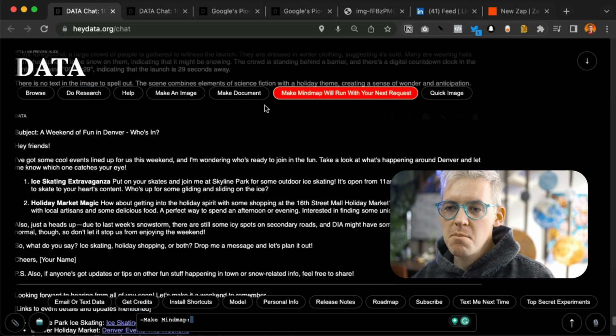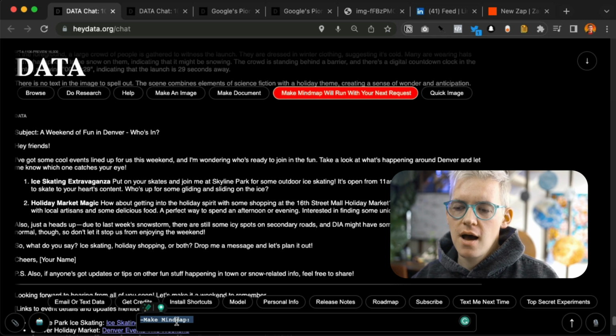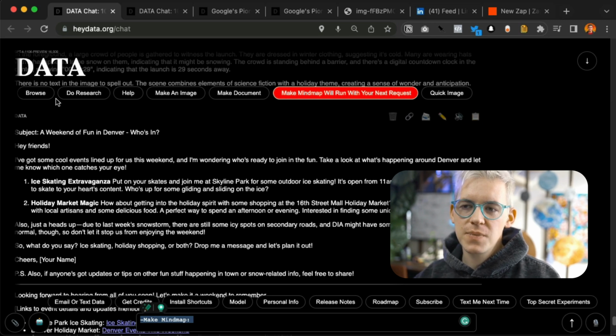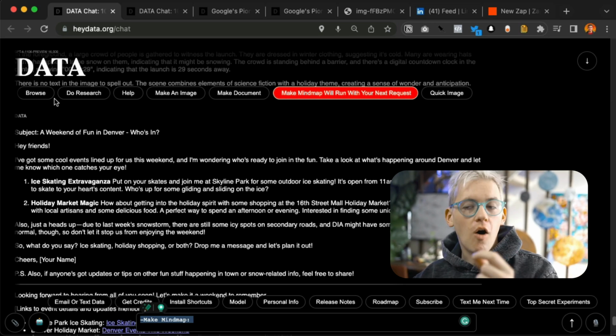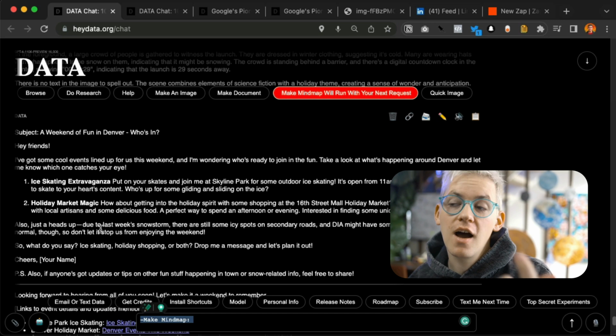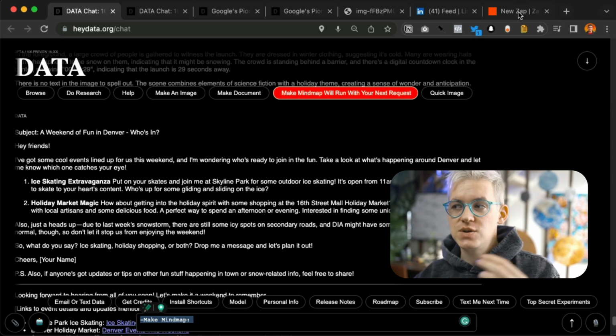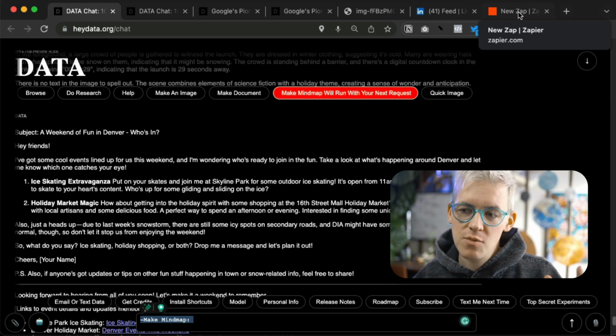So if you wanted to manually trigger any of these commands, you could just phrase it like this. Eventually there will be an easier way to do this. But this is useful because, say you wanted to trigger data remotely to always run a specific command. You could just prepend this to your message and data would always run that command with whatever your request is. So now let's go look at Zapier and see how we might schedule a morning update every single morning